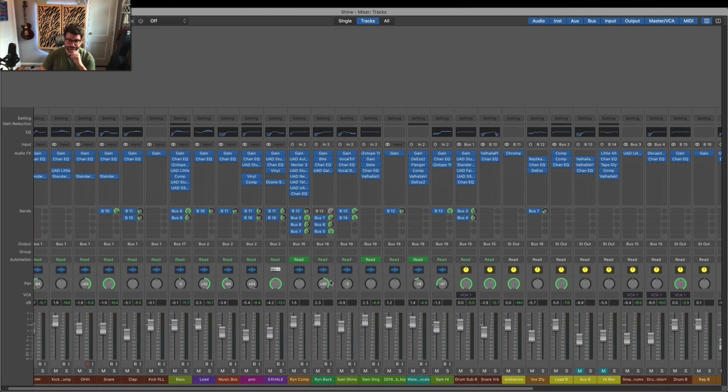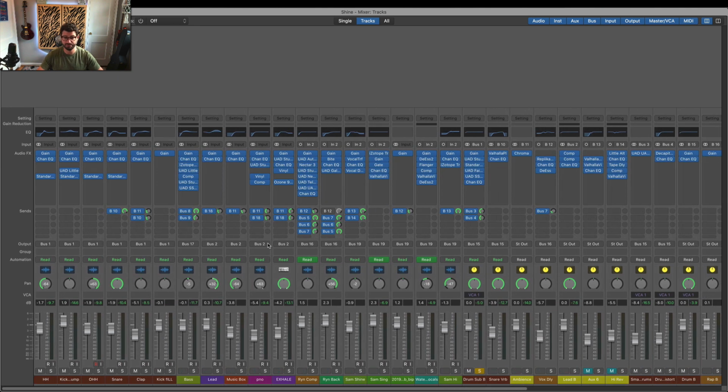So I want to take just the example of the drums. So we'll just solo the drums. And I want to show you how the plugins that I'm applying to the drums are making a big difference, but even just changing the levels and the panning of the drums affects a lot. So first, we'll start with all the plugins on. But let's say I want the kick to be quieter. Or I want it to be louder.